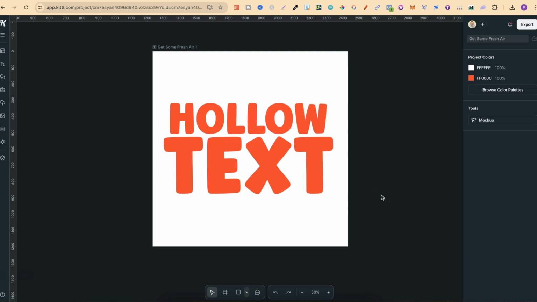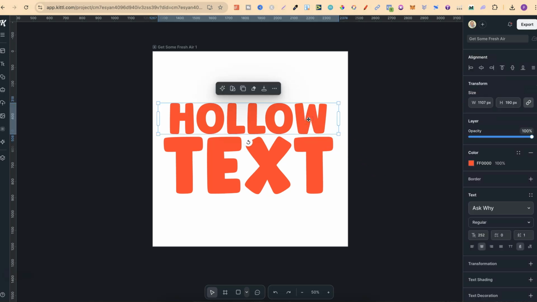In this tutorial, I'm going to show you how to make hollow text here in Kittl. Now, once you have your text on the screen, just like this, we want to click onto that text and we first want to add a border. Now, we can do that by coming over here to the right-hand side where it says border and clicking on